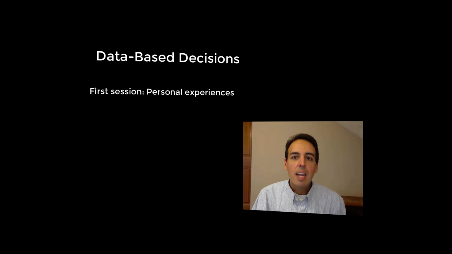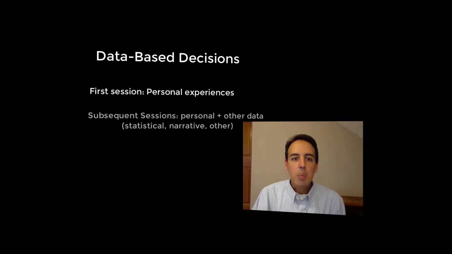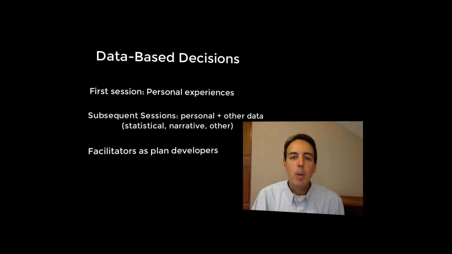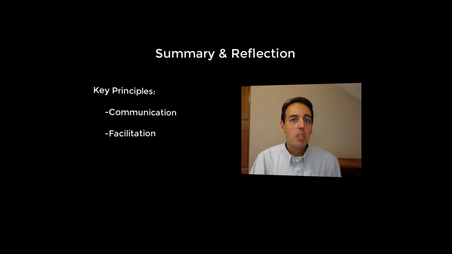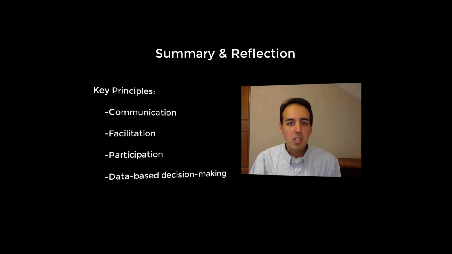The idea is that in each study circle, people listen comprehensively and empathically to new information, even information that conflicts with their already existing beliefs, to grow their understanding of the issue. They can ask for more information and data, which is then provided to them by the planning group for them to consider in making their own recommendations and decisions. So to sum up, study circles have at least four points of emphasis: communication, facilitation, participation, and data-based decision-making.